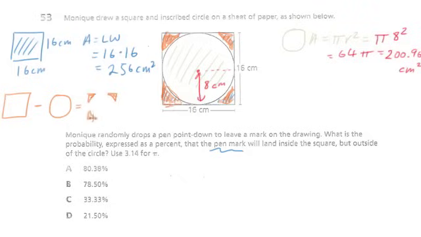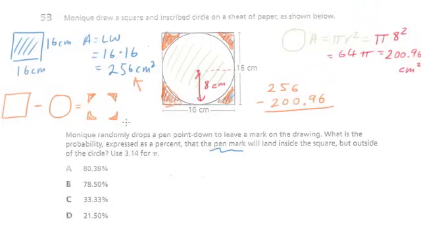these 4 sections. And we need to know the area of each of these 4 sections, because then we can put this area over the total area of the square, of the whole piece of paper, and that ratio, let's get started with that. We've already got the area of the square, which is 256. It's going to do 256, and we're going to subtract 200.96. And so remember, that's going to give us the area of all of these